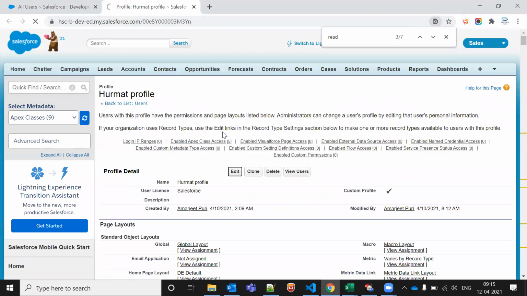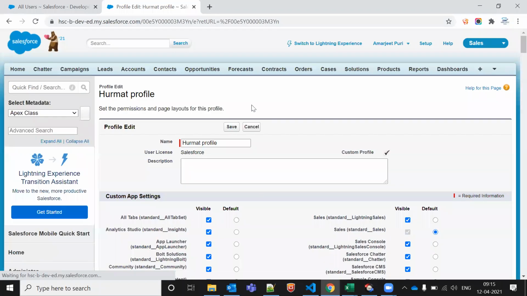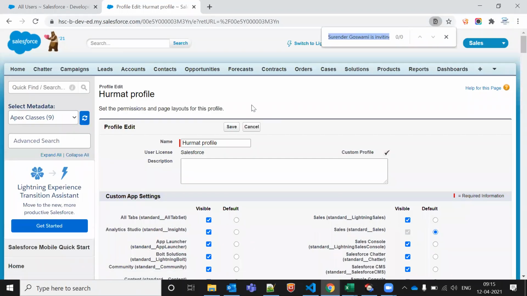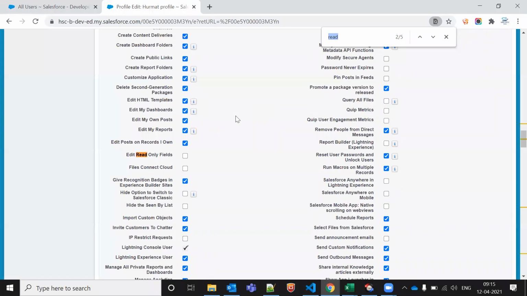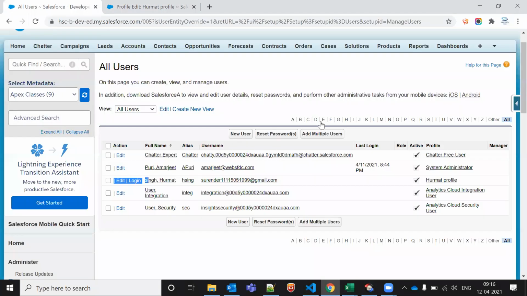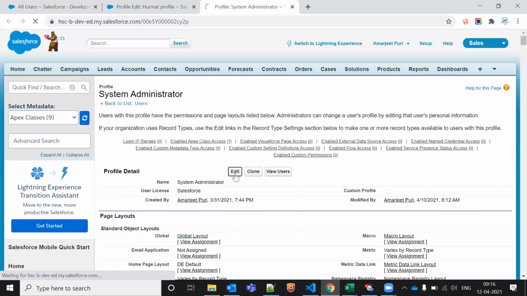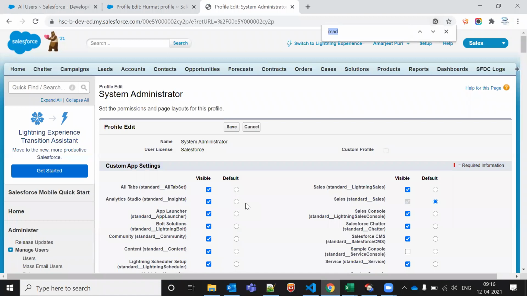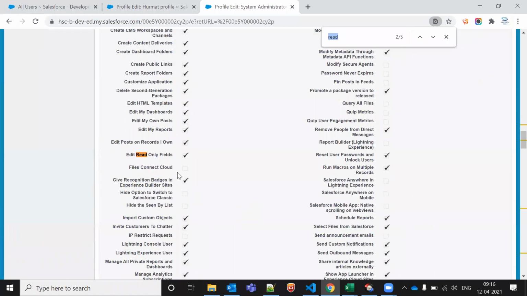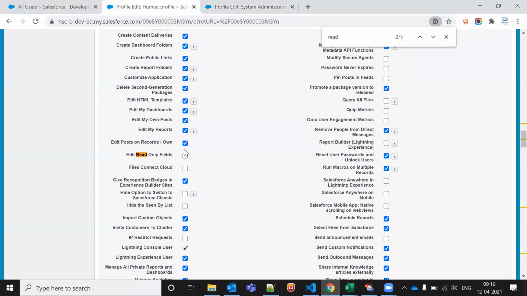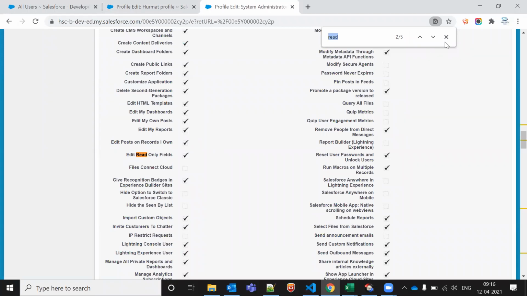But in your standard, why can't we make it for standard user system admin profile? Because this is a read only, means we can't make any edit to the checkbox in case of system admin. Let me show you this system admin. So let me go to edit button. After editing, we can't make anything. It is in output form. See this like this, but in this scenario we can edit it. So that's why we can't make any read only for system admin, but in case of custom profile users we can make it. I hope this would be clear for you, Mansa.